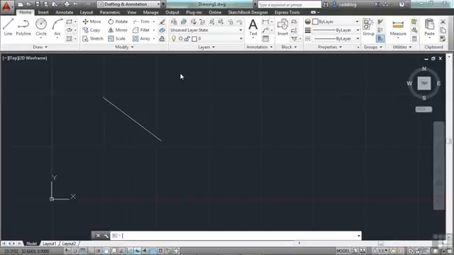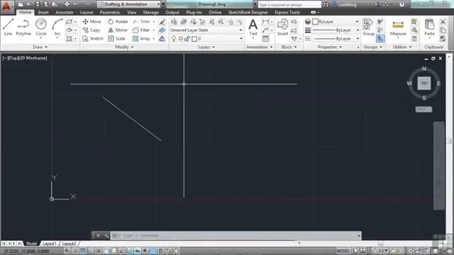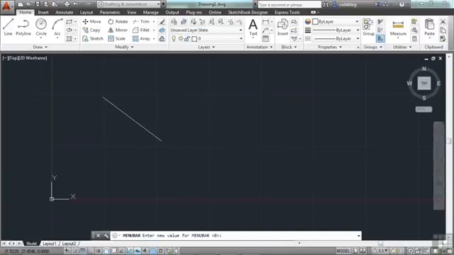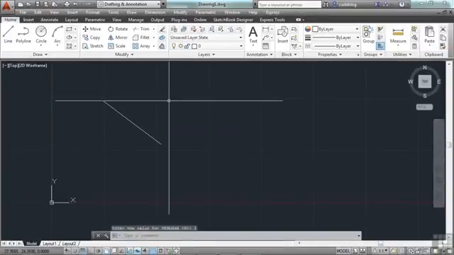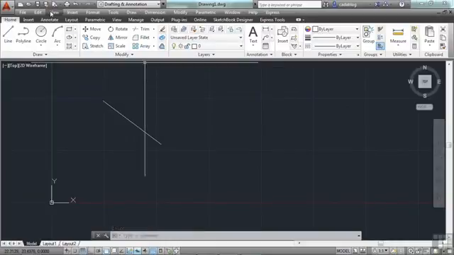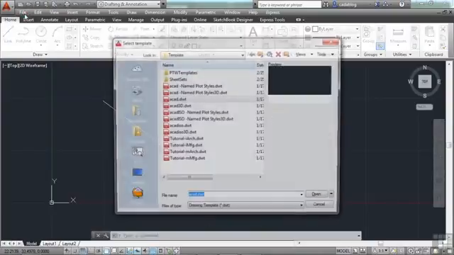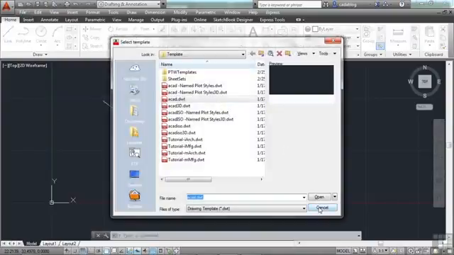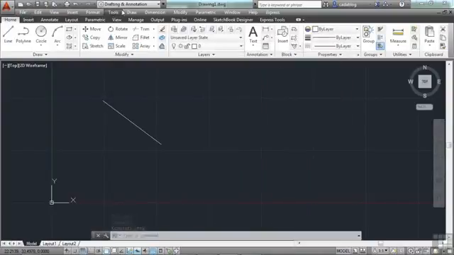And there it is. Now you can turn the menu bar on without turning on any of the toolbars. Just type on the command line, menu bar, and press enter. It has two settings, 0 and 1. 0 is off, 1 is on. And now I have the menu bar. It's going to take up a little bit more screen, but it's here. Here are my options for the file, to draw,